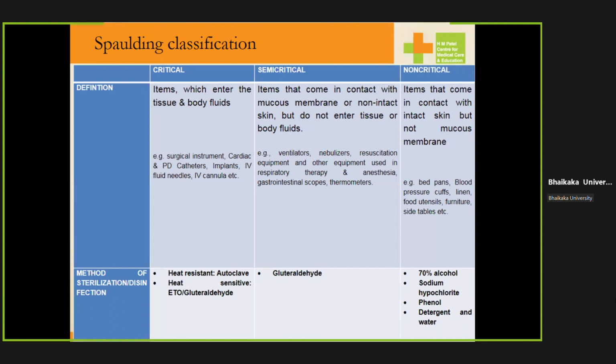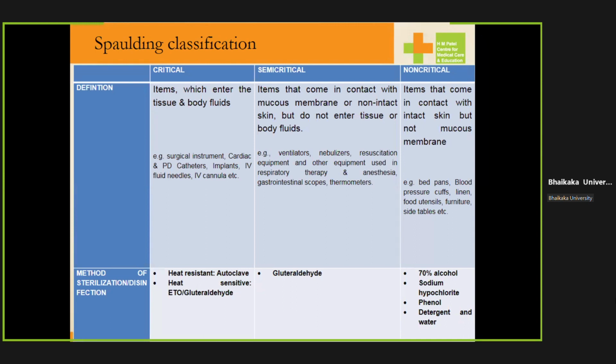Critical items because not even a single microorganism should be present on their surface. Because if it is present, then it will be carried into your tissues and then it can multiply over there and cause infection. So all these items are supposed to be completely free of microorganisms, which means the best method to make them free of microorganisms is usually sterilization. And again, there are various methods of sterilization which are available, but the most commonly used method is autoclaving. So by autoclaving all these items, you can make them free of microorganisms and then you can use them in